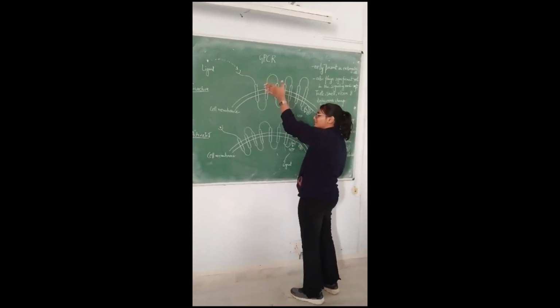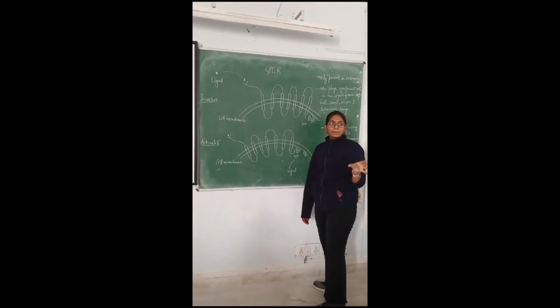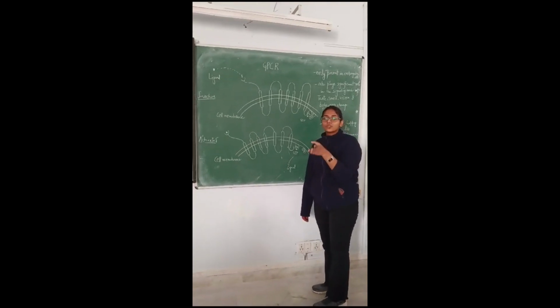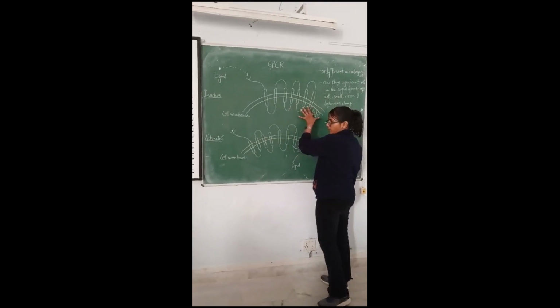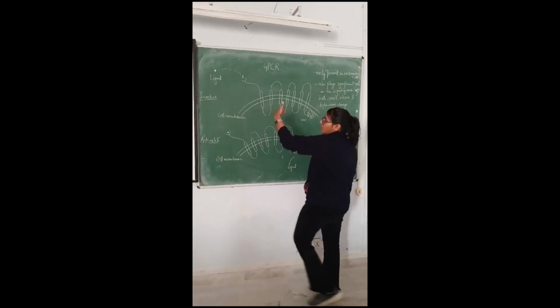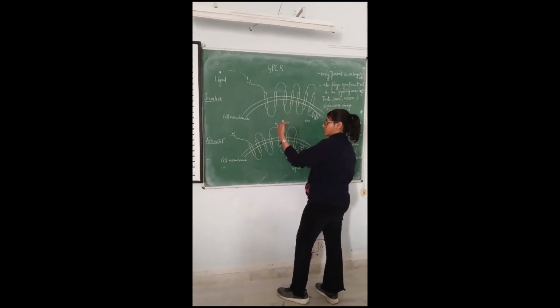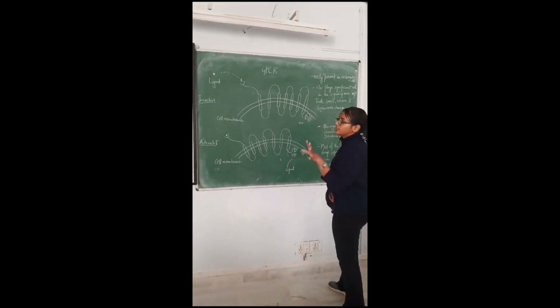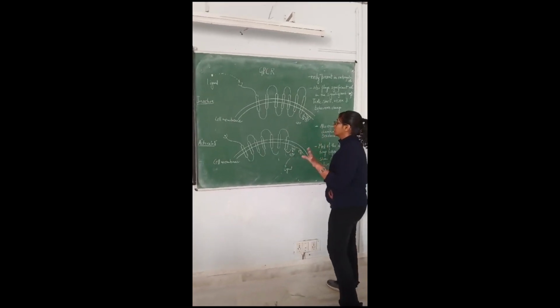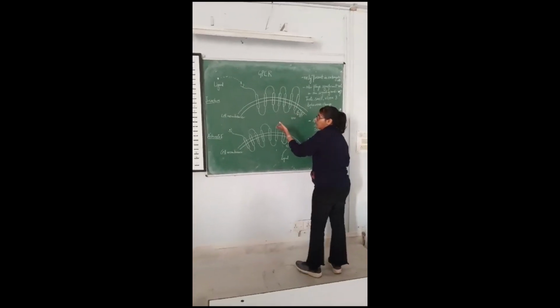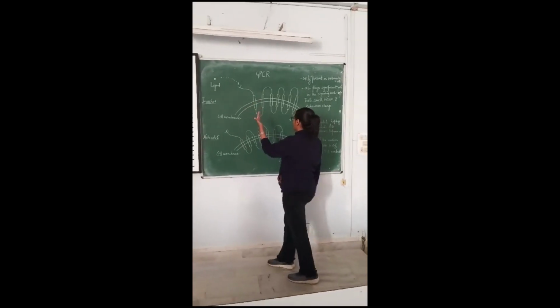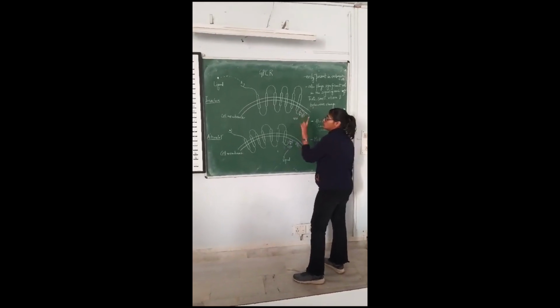GPCR. The full form of GPCR is G protein coupled receptor, and it is also known as transmembrane receptor. It is composed of 7 subunits, and in this 3 are intracellular and 3 are extracellular. In inactive state, when ligand is not there, then GDP is associated with G protein. And when a ligand comes in contact, then GDP is converted into GTP.